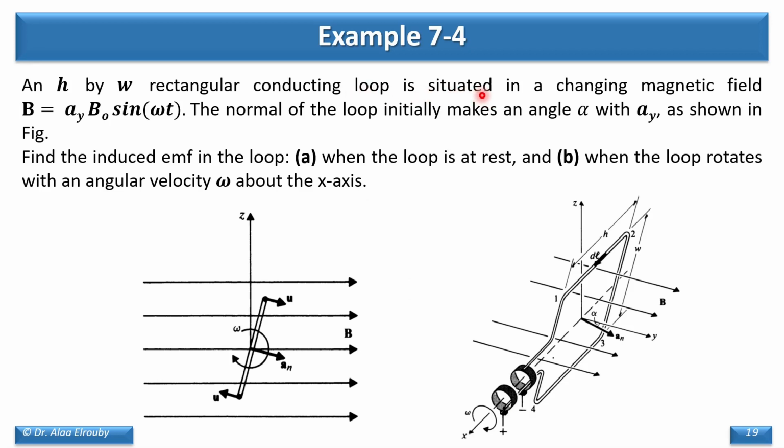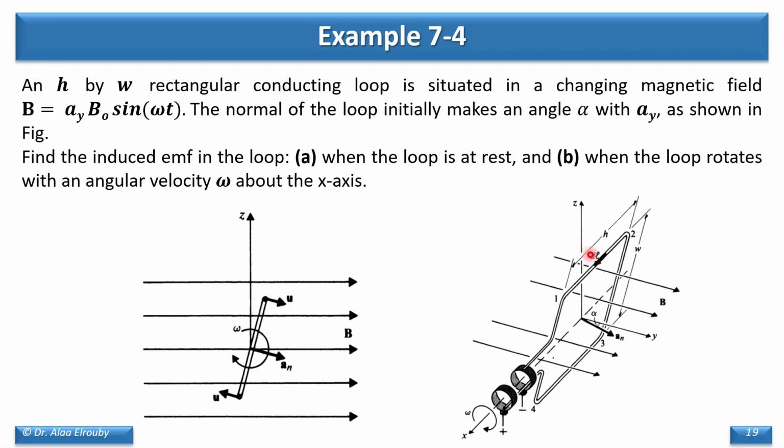It is placed in a changing magnetic field. So we have a time varying magnetic field that is in the y direction. This is the y direction. The normal of the loop initially makes an angle alpha with a_y. If we are looking along the x-axis, this is what we're going to see. We will see a magnetic field in the y direction, and